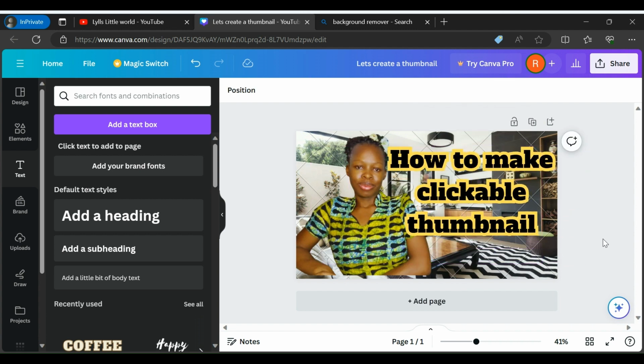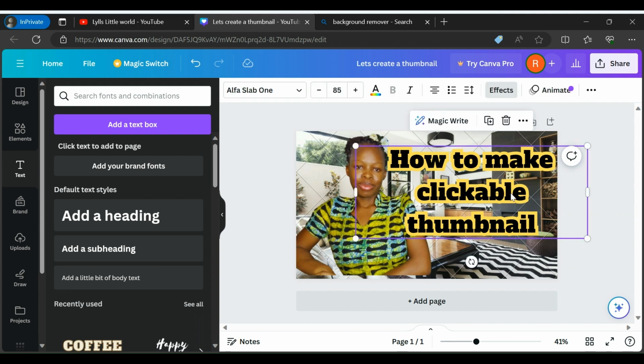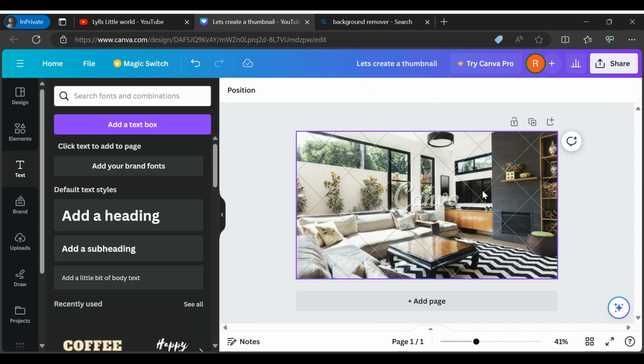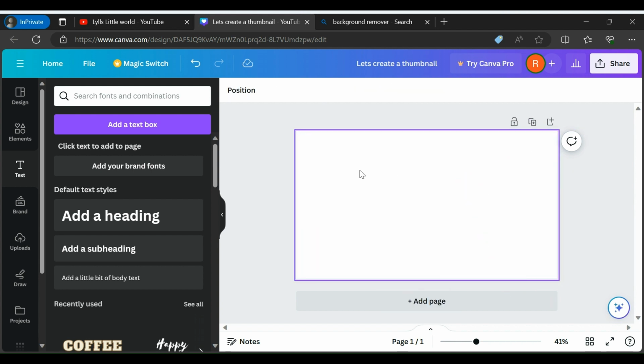So this is how sometimes I make my thumbnails. If you are someone who always checks my thumbnails, this is what I always do. Then the next thing that we can do, I'll just remove this one, the background. I'll just remove the background. Then I'll just add